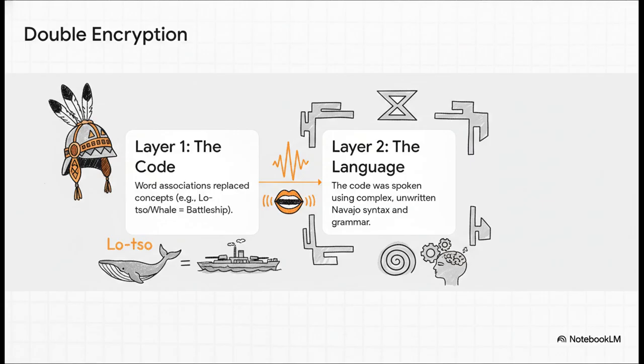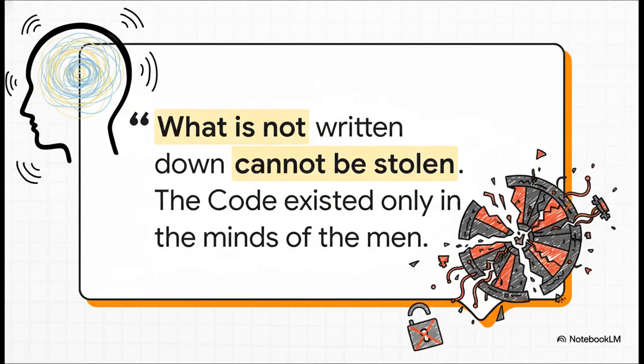That code word was spoken inside the incredibly complex grammar and sentence structure of the Navajo language itself, a language that, crucially, had no written form and that almost no outsiders had ever learned. It was a code hidden inside a linguistic fortress. And that's what made it invincible. You couldn't capture a code book, because there wasn't one. You couldn't steal a machine to reverse engineer it. The whole thing was an oral tradition. It only existed in the minds of these incredible men.